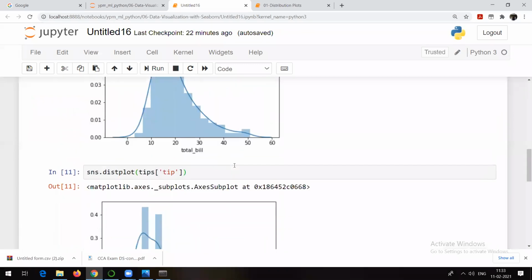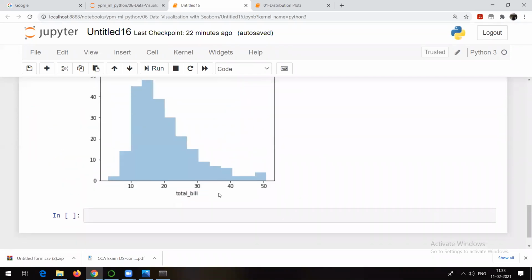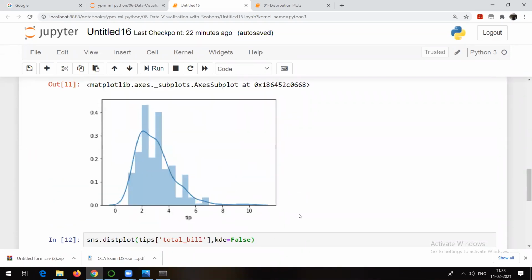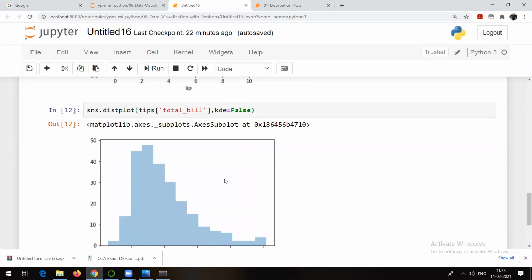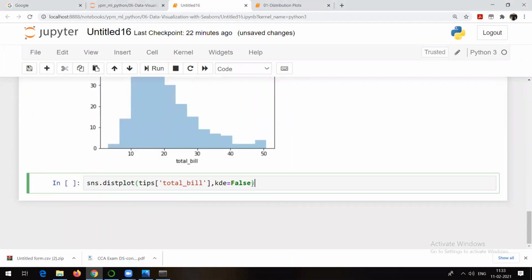I hope other people are also trying out the things. Right. So you can see that here this curve is not present. I am able to just remove that one here. For example, now you can check in this particular plot. There are bins. See, this is called a bin. These are all the bins. So what if I want to have this kind of bins for each and every value? Yes, that's also possible. I will just copy the same command and run it here with one more argument, and that is nothing but bins. Now, how many records do we have in our dataset? So 242.